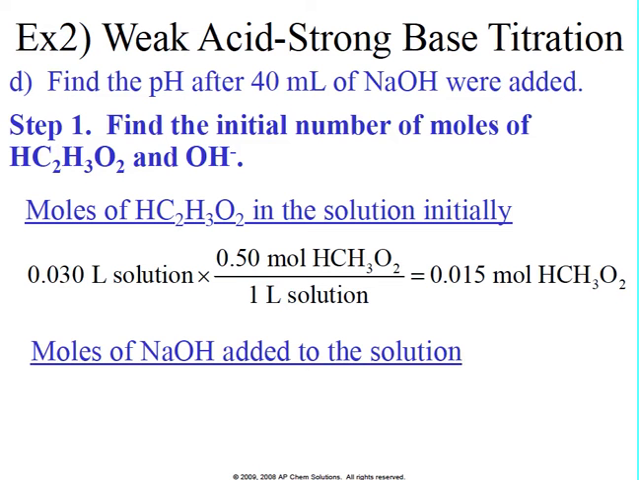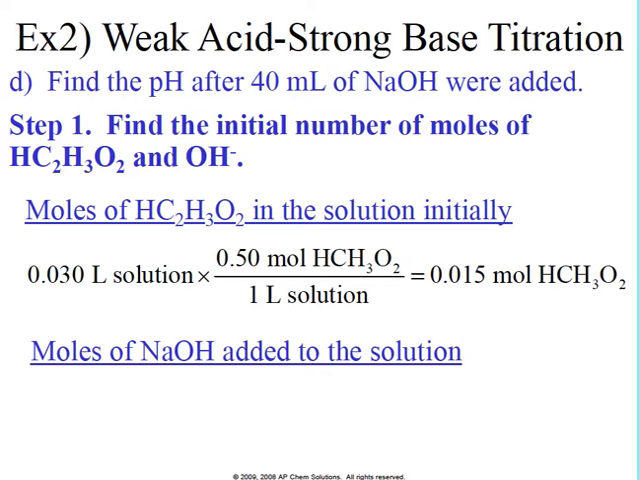Discussion of titration. So this is a continuation of example 2, where we titrate a weak acid with a strong base. Okay, so in the last one, we saw that by titrating a weak acid with a strong base at equivalence points, the solution becomes very basic because we have a strong base. So now what we're going to do is find the pH after 40 milliliters of the sodium hydroxide